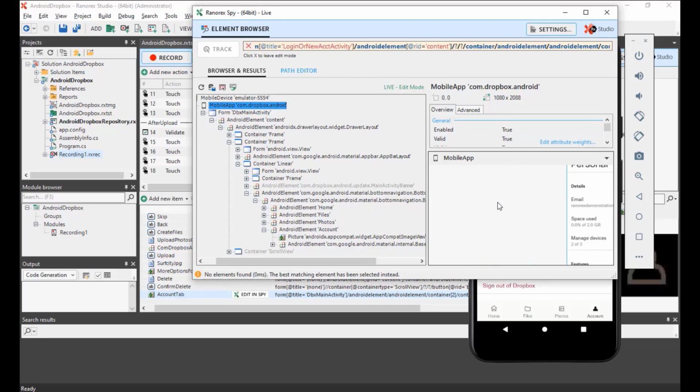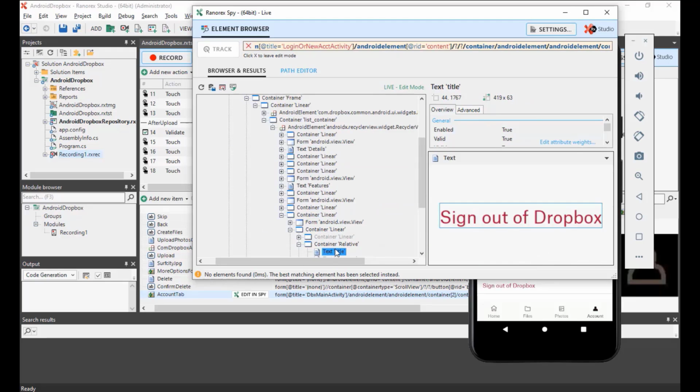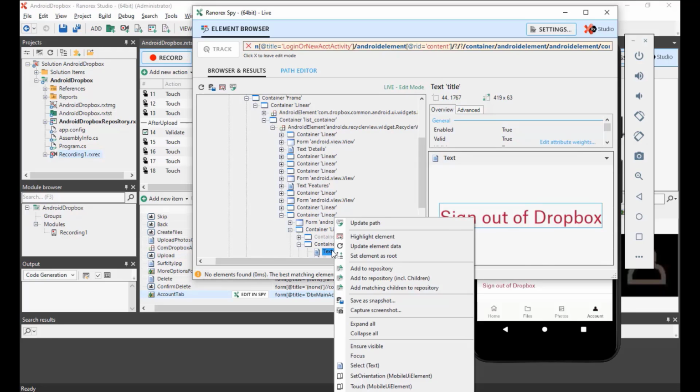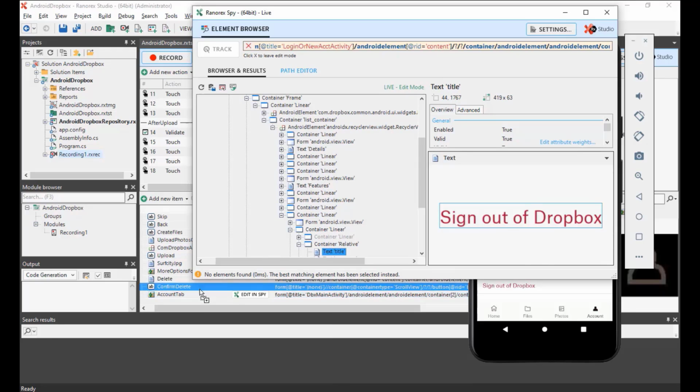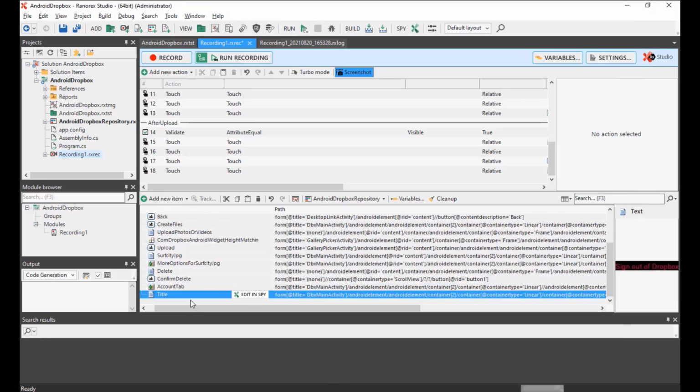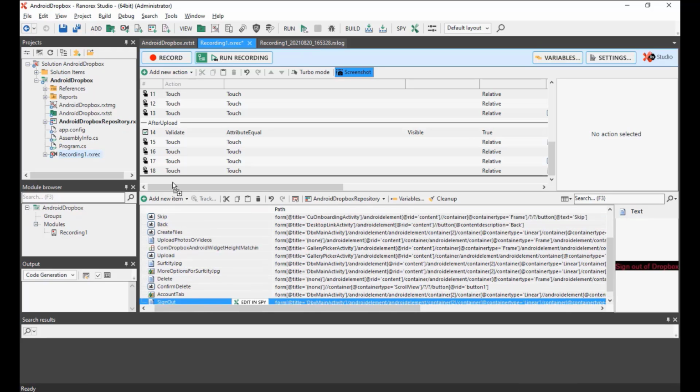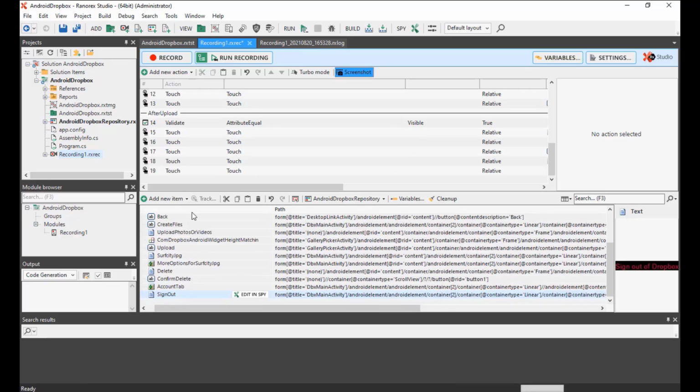And zoom in on, oops, we kind of zoomed in on the wrong one. Let's see, there's sign out of Dropbox. Go ahead and move this over to here, and we drag this back up. We can say confirm sign out or sign out, because there's probably going to be another confirmation there. Sign out, touch,